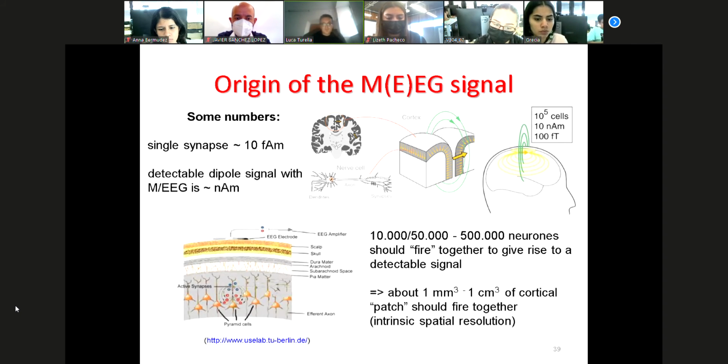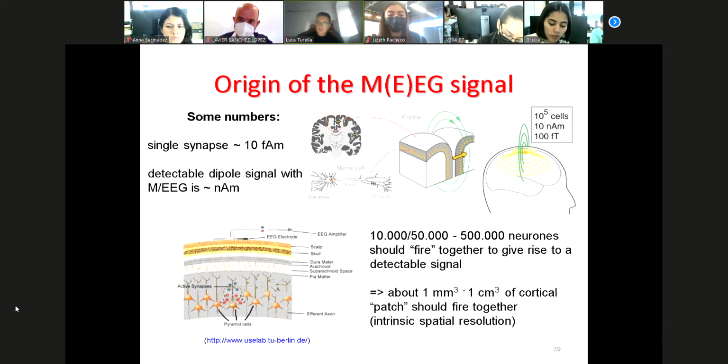Due to simulations, we know that, depending on the type of simulations, there should be at least probably 50,000 or even 100,000 to 200,000 neurons that should basically respond together in order to give rise to the signal in MEG. Why am I giving you an interval? Because depending on the type of simulation, this number seems to change a bit. Why might these numbers be important? Because these